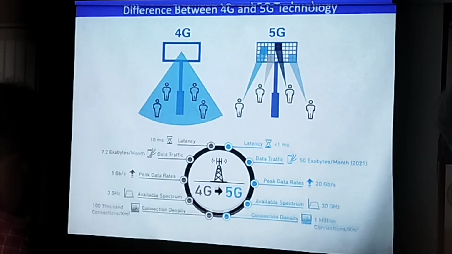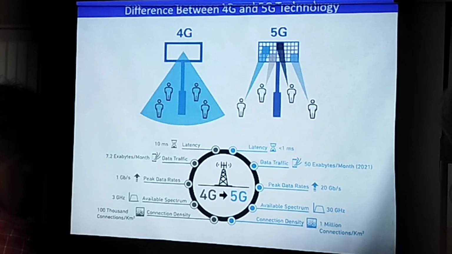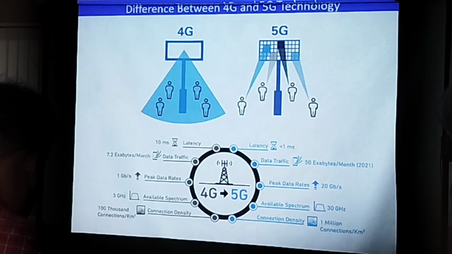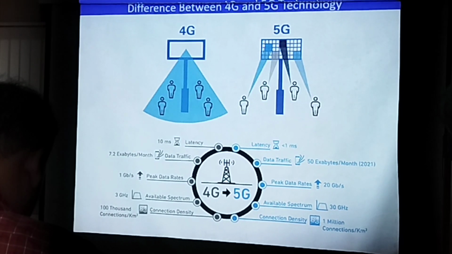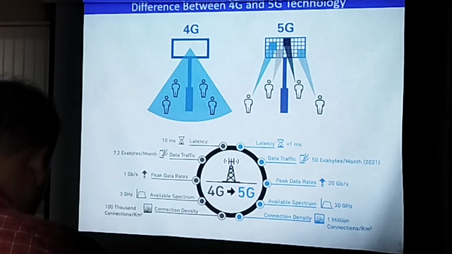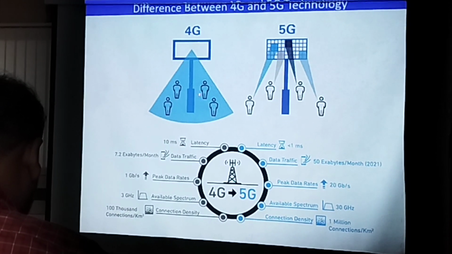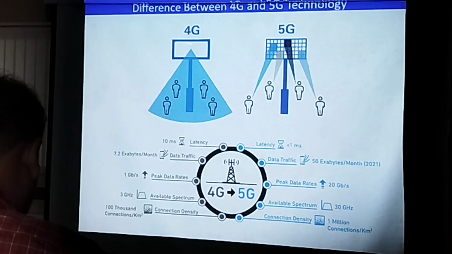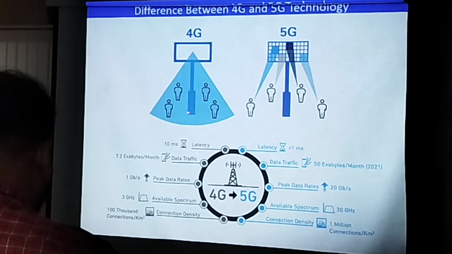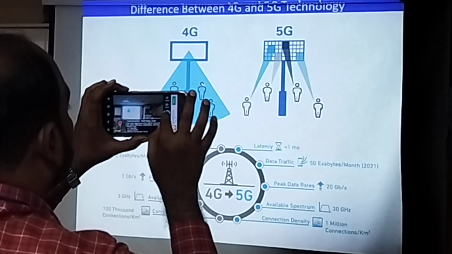There is a major difference between 4G and 5G. In 4G you have sectoral antennas, each with a beam width of around 65 to 70 degrees, so to cover 360 degrees a few antennas are used. But in 4G you have continuous radiation in that particular sector. The network doesn't bother whether the user is there or not, it is continuous transmission, and the EM exposure will be there in that sector. So that way there is power wastage and